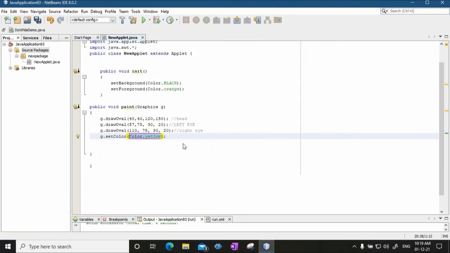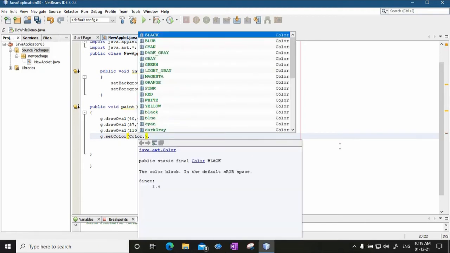The color that we set, because the background is black, is say brown, or okay, let's say blue.